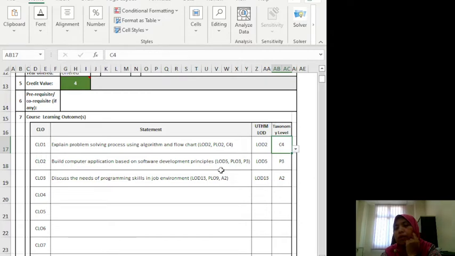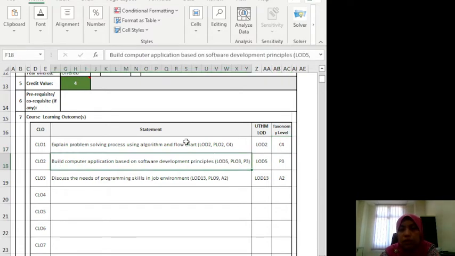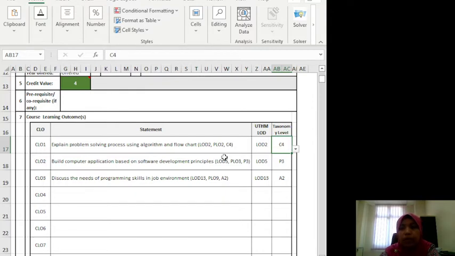So basically level 4 ni dia agak tinggi lah. Maksudnya later, during the next class, I will explain you what is C4 and so on. Alright, C4, C3 and so on. So the taxonomy level that you need to achieve is maximum C4 lah. Maybe soalan tu type of question greater than C4, tapi the dominant taxonomy level is C4. Maksudnya level kefahaman awak lah.